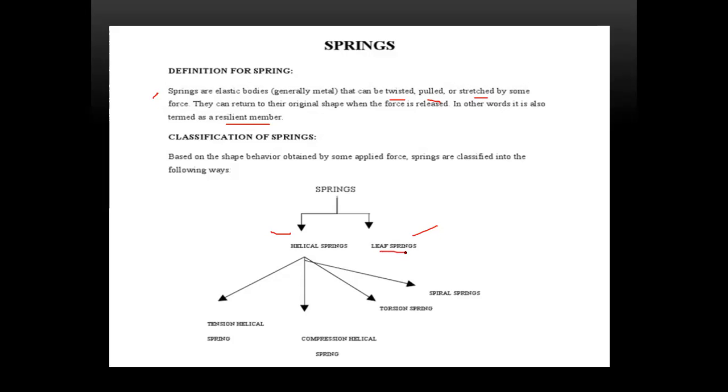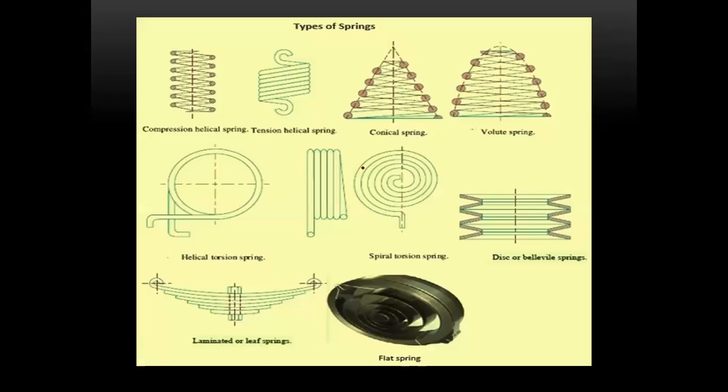The leaf springs are totally separate springs. These are the flat objects. Where do we generally see leaf springs? We see the leaf springs in heavy automobiles, big buses, cars, trams, and trucks. Next, if you see the figures of the types of springs,